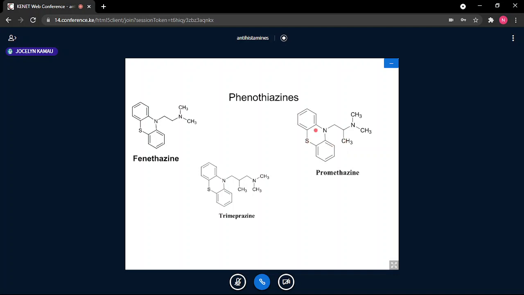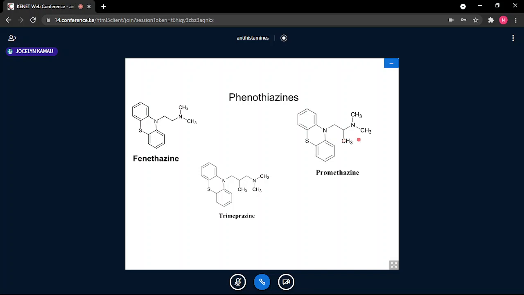The phenothiazines are also used as major tranquilizers. They cause a lot of sedation, and therefore they are more often than not used in patients who have psychosis. You only need to do a bit of structural modification of the phenothiazine and you get the antipsychotic drugs. Again, we will do that later. But all we are saying is that phenothiazines with this kind of structural modification, whereby there is branching on the spacer